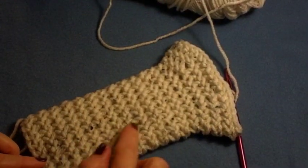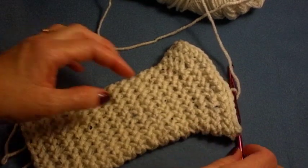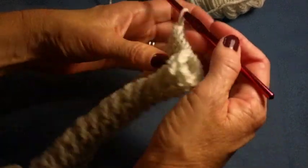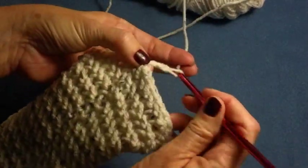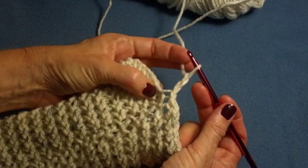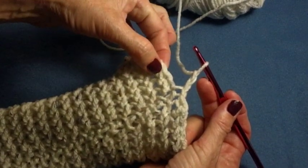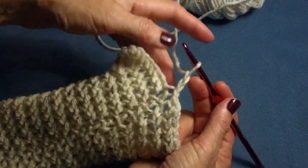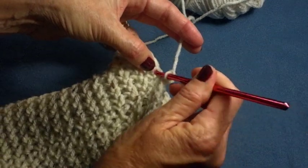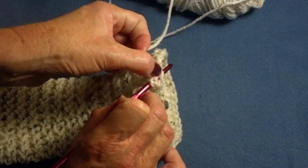Okay, so now you have your 13 regular rows and then your 3 increase rows, and what we're going to do now is finish it off with a ruffle. You're going to make 2 chains just like before, and then we're going to do a single crochet. So instead of going through the front loop like we did with the others, we're going to go through the whole stitch. So instead of wrapping it around, you're just going to go ahead and put your needle through the 2 loops, those 2 loops on top,